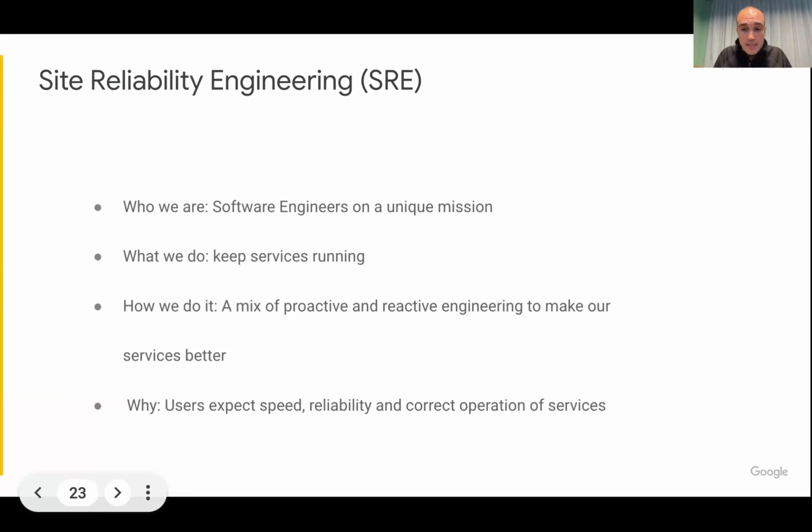And then there's proactive and reactive. I'm on call, for example, and when things break, I'm going to be responding. That's reactive, I'm fixing it. But there is a lot of work that is proactive. Before things break, how can I prevent it from happening? Because the best outage, or the shortest outage, is the one that doesn't happen at all.